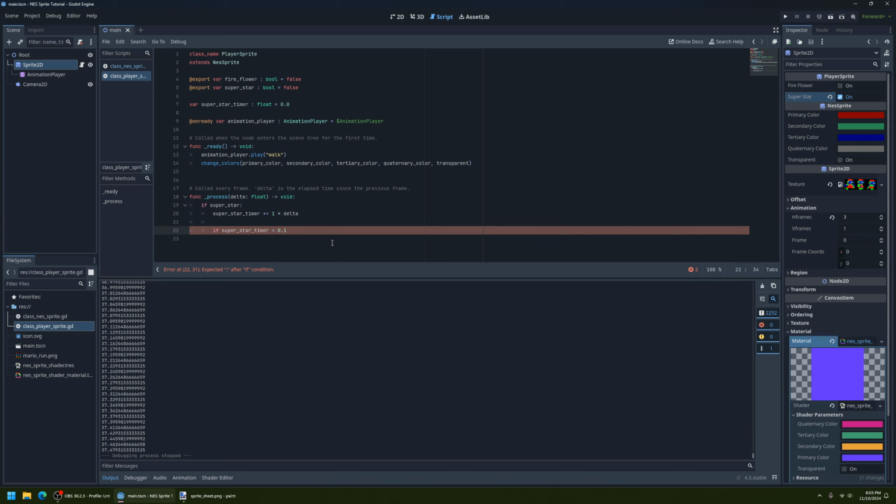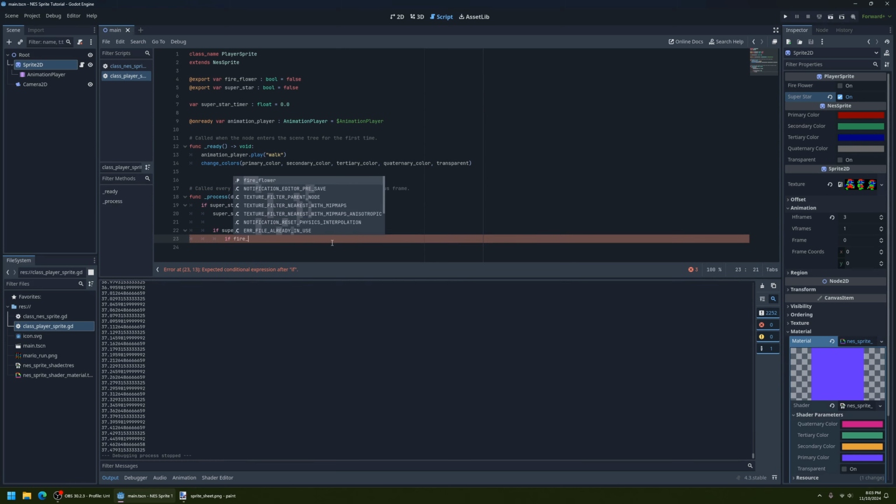If it's less than 0.1 seconds, then let's check to see if Mario has a fire flower. So if Mario has a fire flower, we want to set his colors to